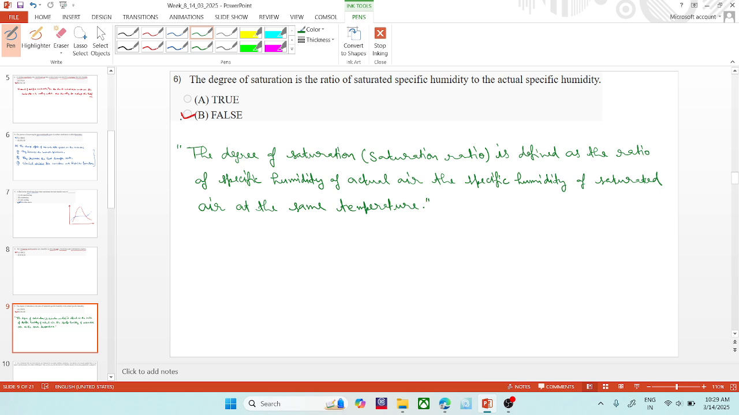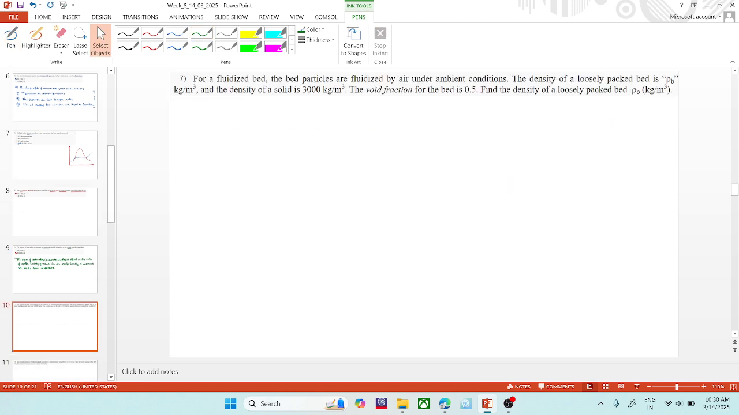So the provided statement is wrong. If the statement would be the other way around, like the degree of saturation or the saturation ratio is defined as the ratio of specific humidity of actual air to the specific humidity of the saturated air at the same temperature, it would be true. The definition in the provided statement is twisted, so this statement is false. Next